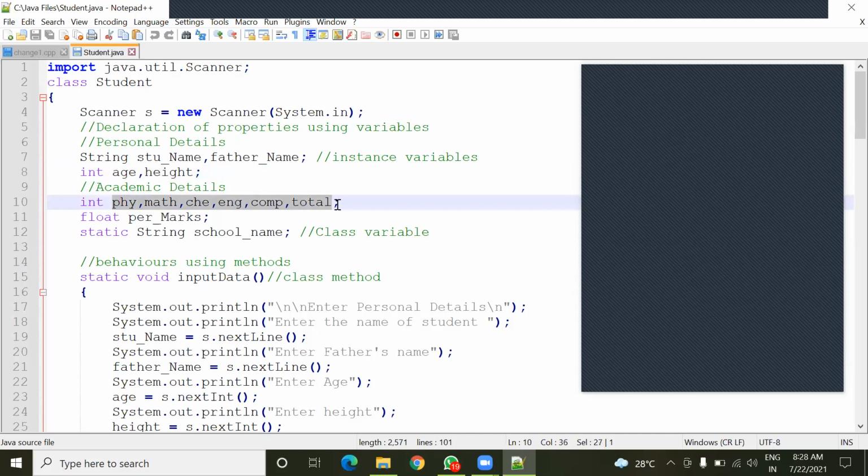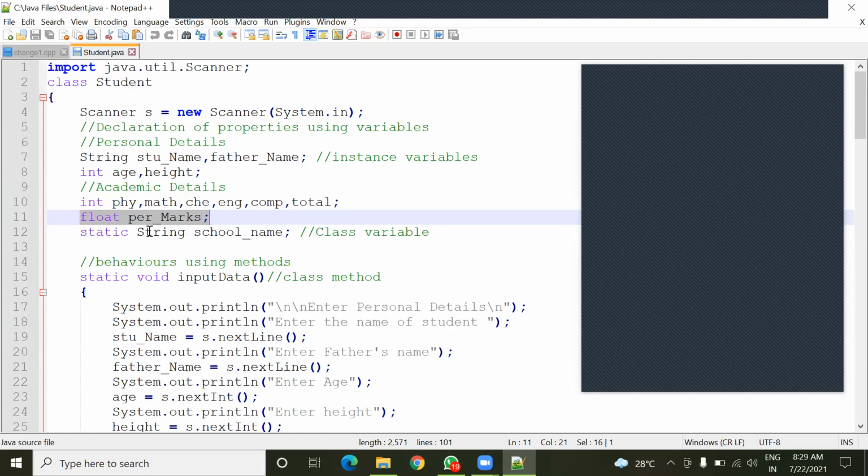Here also you can see the marks in different subjects are of type int. Int means again integer type. Whatever value is stored inside these variables must be of type integer only. Now the next data type you can see is float. Float supports fractional type of value. When you calculate your percentage marks, the percentage marks can be of integer as well as of decimal type. Both it can be, no?